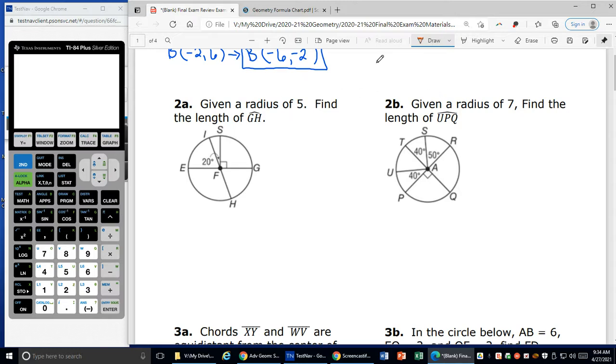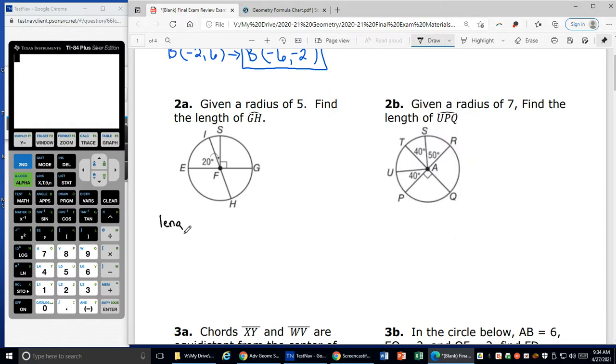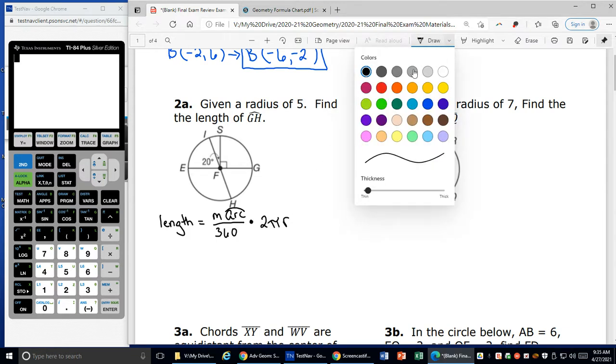So what we need to do is look back at our notes. If we do look back at our notes, we're going to see that to find the arc length, we're going to do the measure of the arc over 360, because that tells us how much of the circle we're looking at, times the distance around the circle, which is circumference, 2 pi r. Okay, so the measure of the arc over 360 times 2 pi r. So then we're going to fill that in. Okay, so my length of GH,